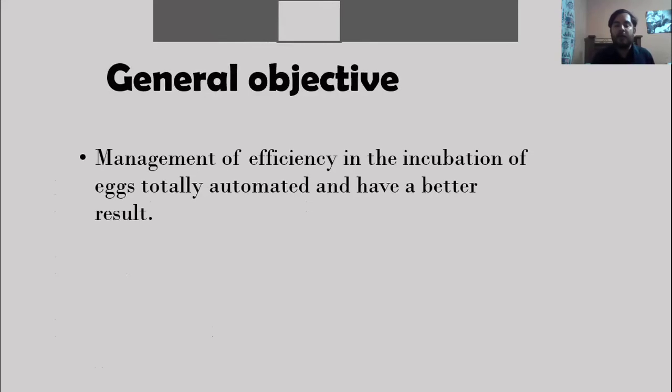Well, our general objective is the measurement of efficiency in the incubating of eggs, totally automated, to have a better result. I say that it's better for us to have it all automatic because sometimes, when you want to control the temperature or the humidity or the ventilation, you need to do this automatically because you can forget, or it's really hard work that you need to stay there and